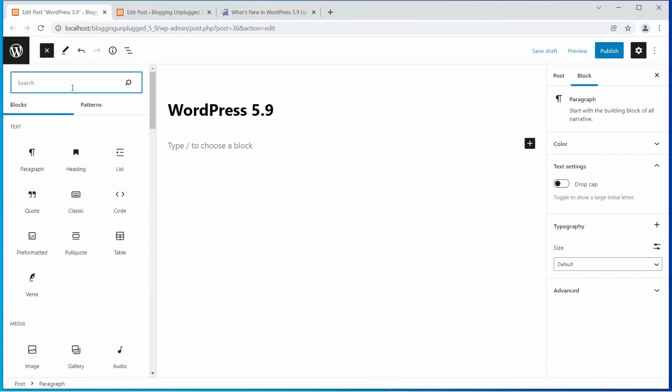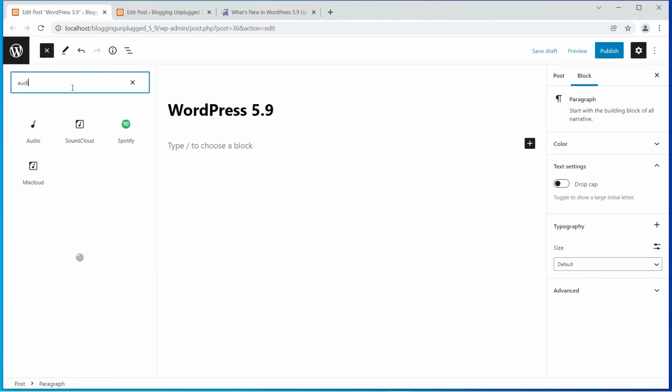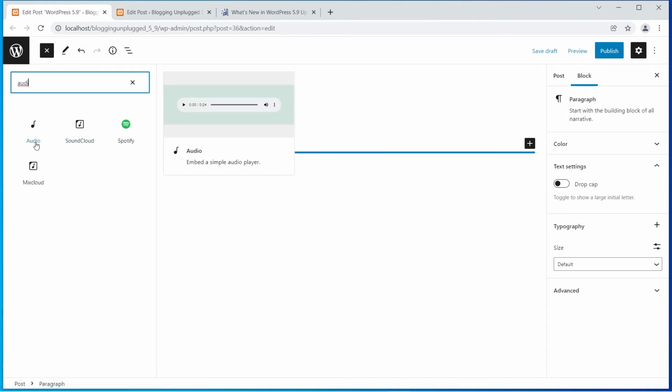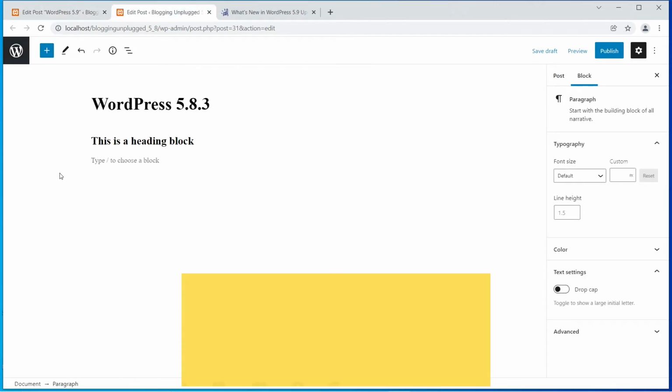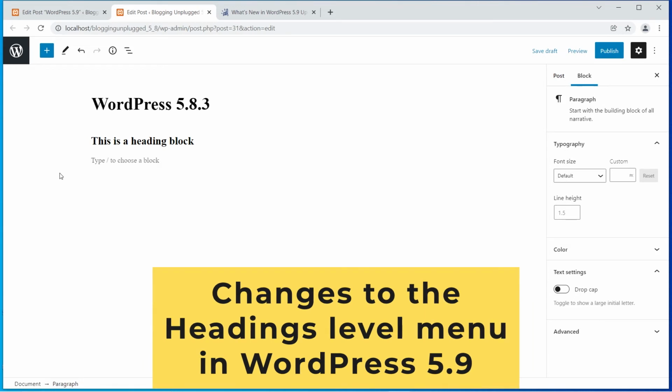So let's just click and search for the audio block. And when I now hover my mouse pointer over it, you will see a preview has been included. You will now know how the audio that you want to embed will look on the front end basically. Now after the audio block, the next topic that we are going to discuss is the change